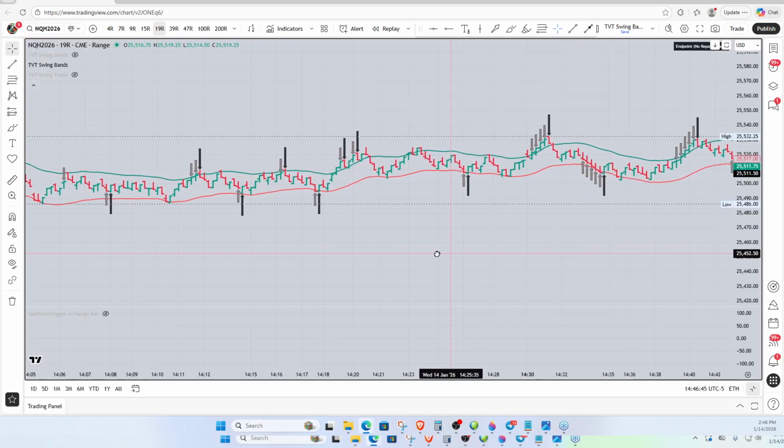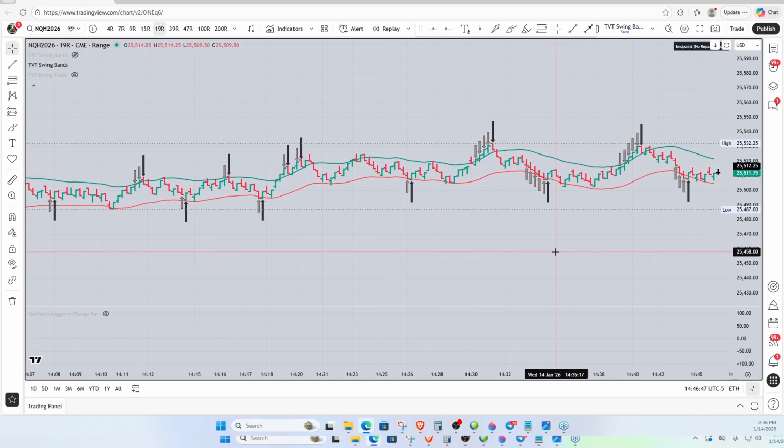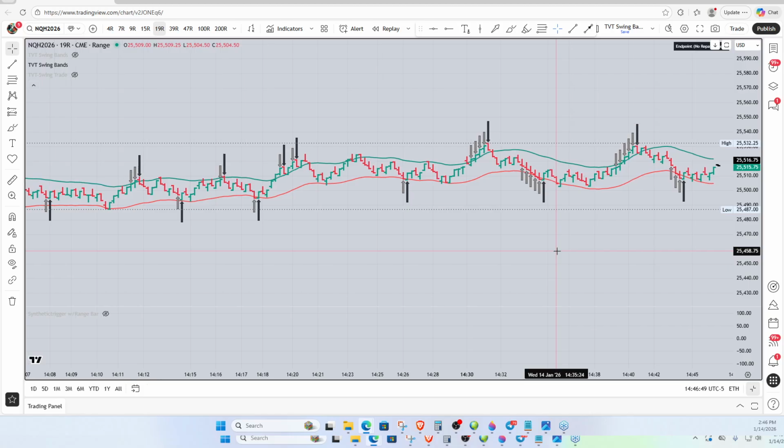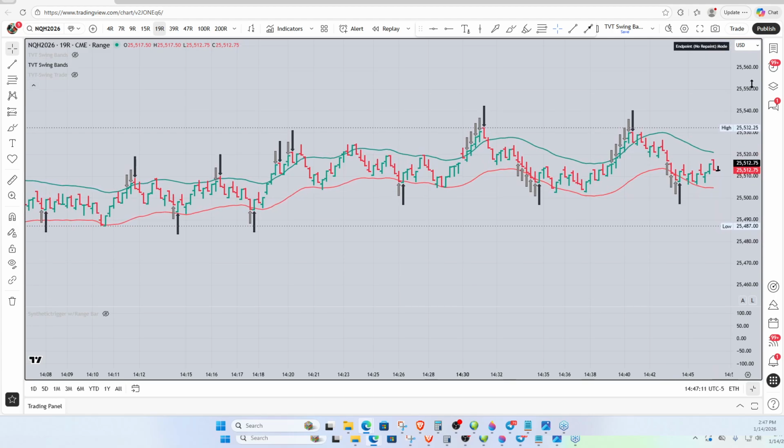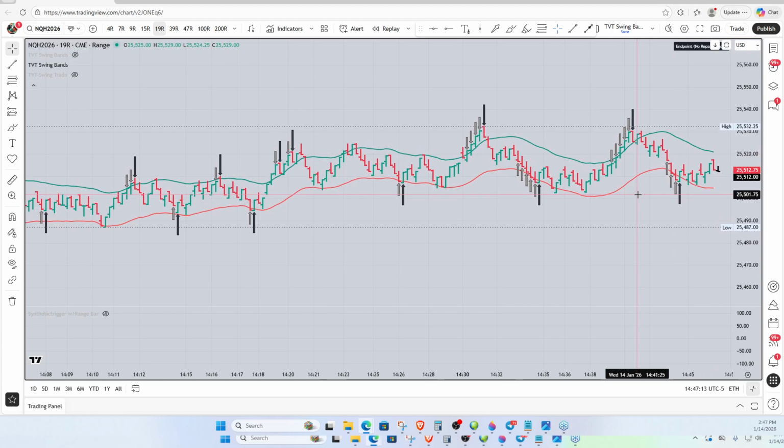Okay. Now I have said a whole bunch of things and nobody's asked a single question yet. Does anybody have any questions at this point? Because I know I said a ton of stuff, and we had a trade right here. We had a trade over here. There's a trade here. This is the one that I took. I got 4 ticks profit on that. I didn't take that. I didn't take that. I didn't take that. Alright, so if nobody has any questions,